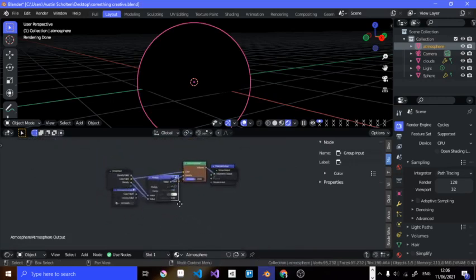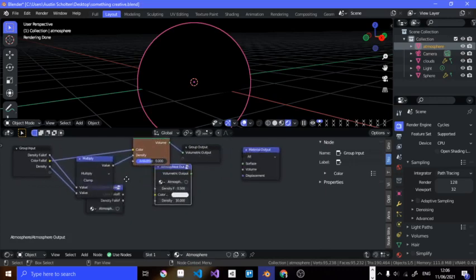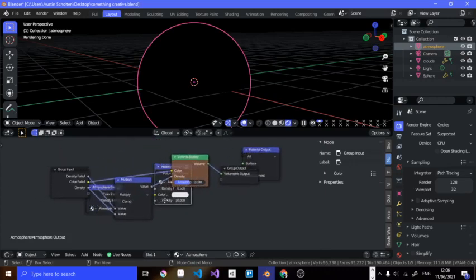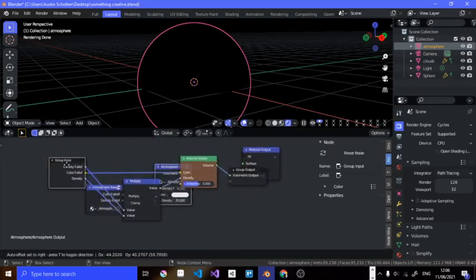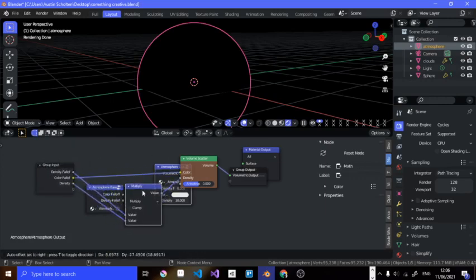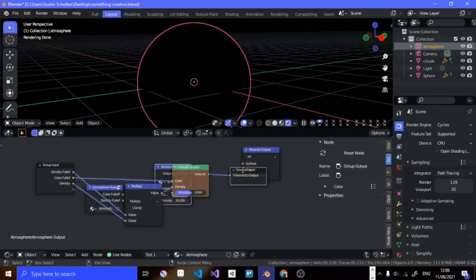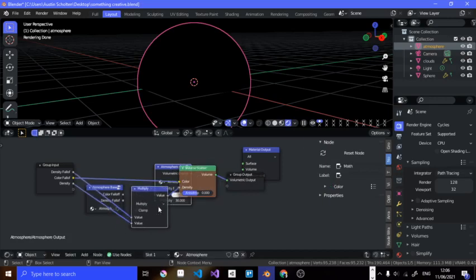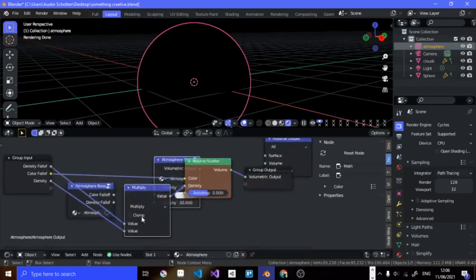So as you can see, this is what it looks like, right? You can see it's got a group input node. Well, it's a group node, so all you need to do is add a volume scatter node. This is a real node. It's a volumetric thing, and it's really awesome. And then you just get a multiply node, pretty simple, and you plug the value into the density, and then